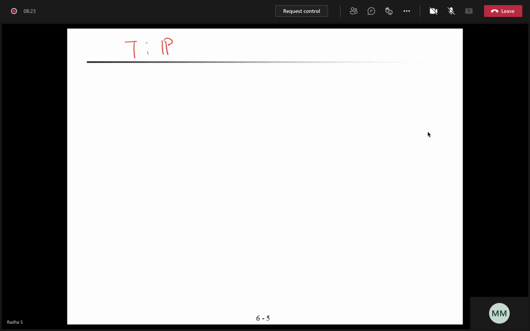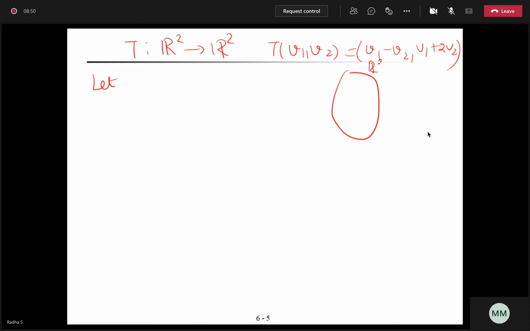T is a linear transformation. I need to check whether it is a linear transformation. It is defined as T of (v1, v2) is (v1 minus v2, v1 plus 2v2). To check this, I'll consider the elements of R square. I need to take two elements in R square, u and v, and map them to T of u and T of v. I need to check whether T of u plus v